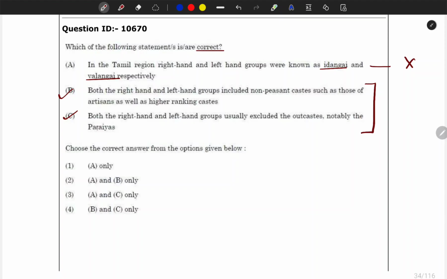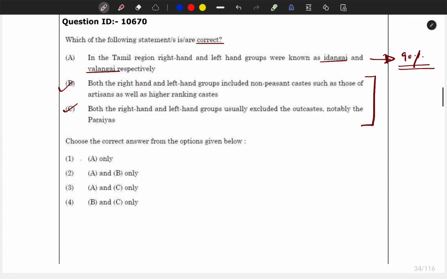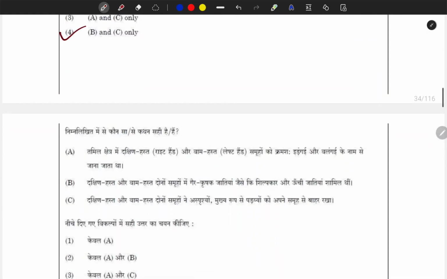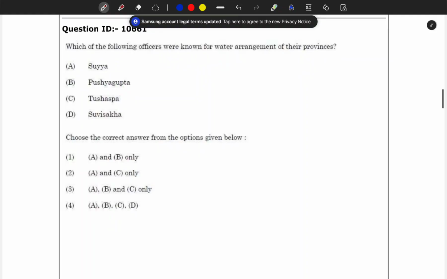And as I said, wherever you see this kind of description where two things are compared, 90% of the time those statements are incorrect. So for me this was a very easy question. Next question. Oh yeah, here you can see that B and C was correct. So next question is,